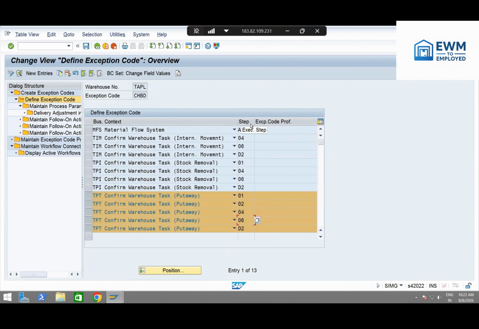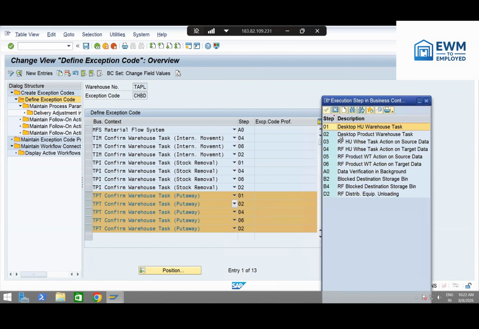स्टेप्स बेसिकली है कि कौन सा इंटरफेस पे आप काम कर रहे हो, जैसे आप GUI पे काम कर रहे हो, RF गन पे काम कर रहे हो। और बिजनेस कॉन्टेक्स्ट इज कौन सा प्रोसेस, पुटअवे प्रोसेस, स्टॉक रिमूवल पिकिंग प्रोसेस, इंटरनल वेयरहाउस मूवमेंट प्रोसेस। ये है प्रोसेस, ये है इंटरफेस। हाँ करेक्ट। तो स्टेप 1, 2, 4, 6 ये सारा पुटअवे का है, तो सारा पुटअवे में करेगा। यहाँ पे डेस्कटॉप HU वेयरहाउस टास्क, प्रोडक्ट वेयरहाउस टास्क, तो ये दोनों पे वर्क करेगा।